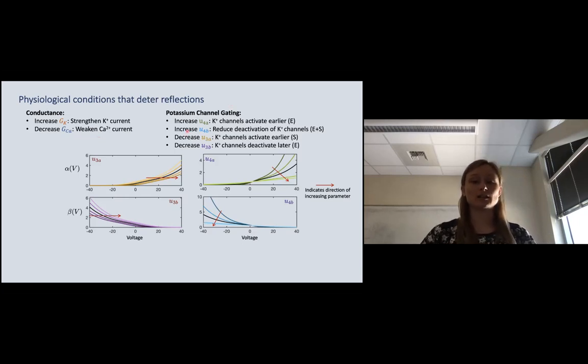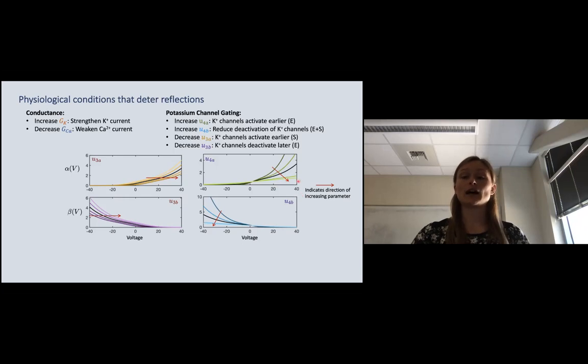If we look at the potassium channel gating, what's actually happening, we would want to increase U4A and U4B, which are shown here on the right, and these arrows indicate the direction of increasing the parameter. And as I'm listing here, I've written E or S to indicate that it more directly impacts the existence or the stability or both. But if we're to increase these U4A and U4B, what they actually do is act to